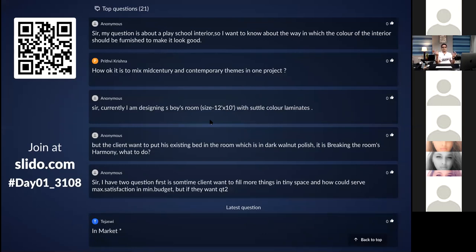Otherwise, my entire cabin is more of an off white. So that is the first one. You can just go ahead and put a bright color also, in case you want to create more vibrancy in that space.